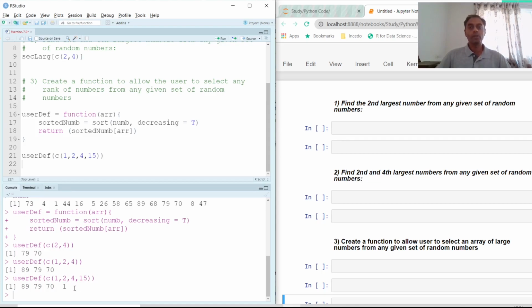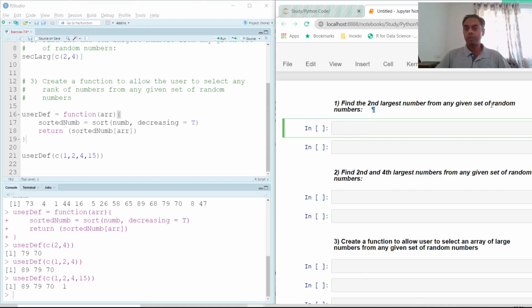So this is how we can use a function and sort of make it generalized for any user to incorporate. And that is the benefit of creating a function. So you can create a function so that any user can use it any which ways he wants to extract whatever he is looking for. I think this is the best example of explaining the meaning of function and what is the purpose of creating a function. All right, let's move over to Python.